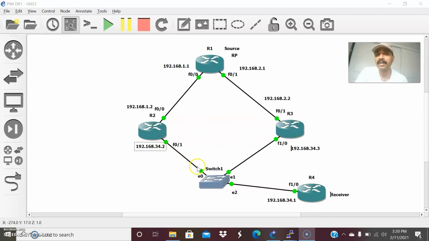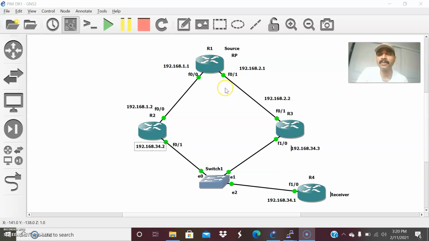Since there are two routers, what happens? Both R2 and R3 will receive the same PIM join message from R4. What happens? Both will forward the same multicast stream to R1. So that will result in packet duplication and wastage of bandwidth. To prevent that situation, one will be elected as a designated router by default. So always the router with the highest IP address. Out of these three routers, this one will be elected because it has the highest IP address. So R3 will be elected as the designated router. This designated router will take the PIM join message from R4 and it will register at the RP, that is R1. So that is the architecture.